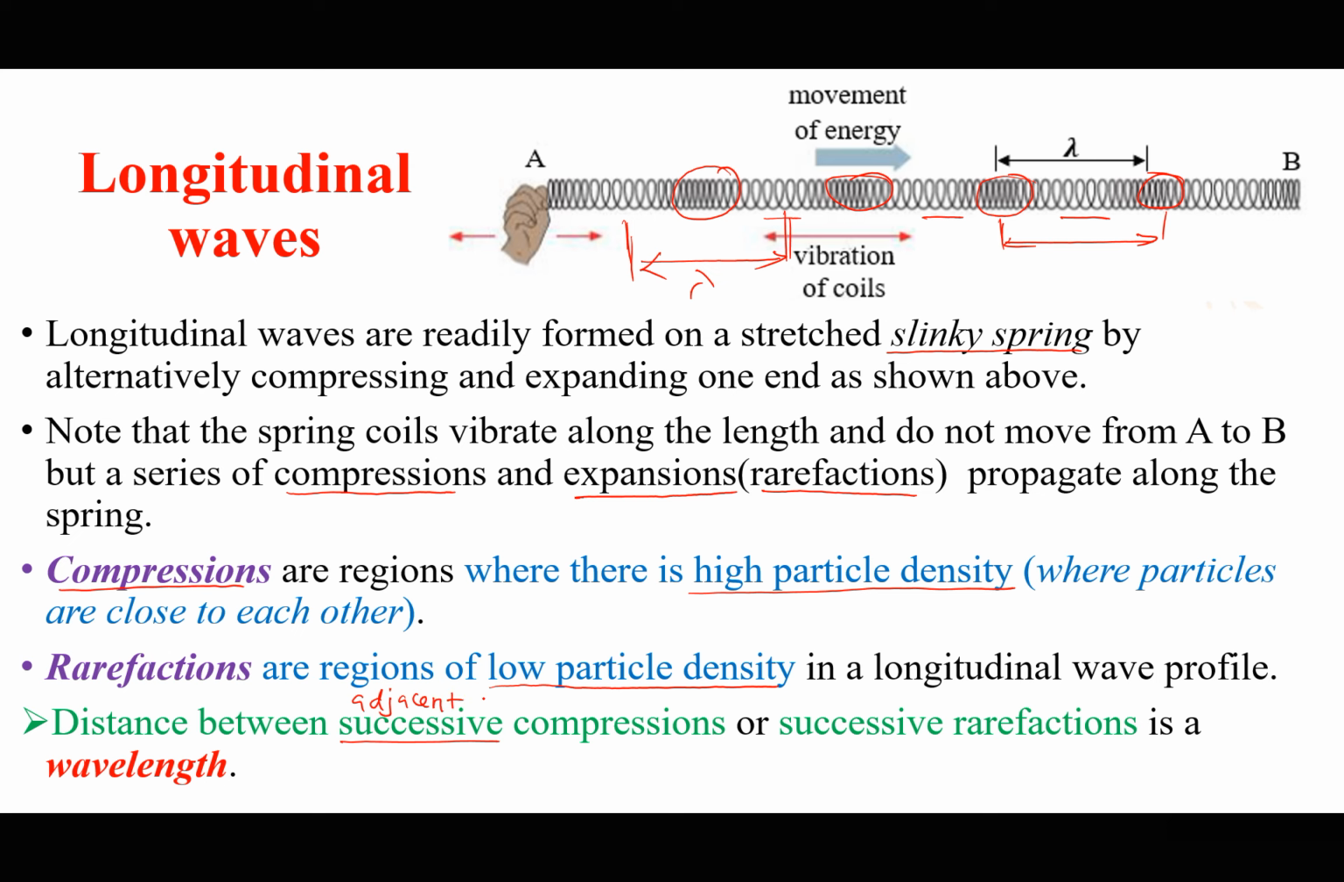The distance between adjacent compressions or adjacent rarefactions is going to be called the wavelength. I say that the word adjacent or successive means one to the next without skipping any. So the distance between adjacent compressions, or the distance between adjacent rarefactions, is called the wavelength. And I think you mentioned the same thing in IGCSE. So in comparison of the two,